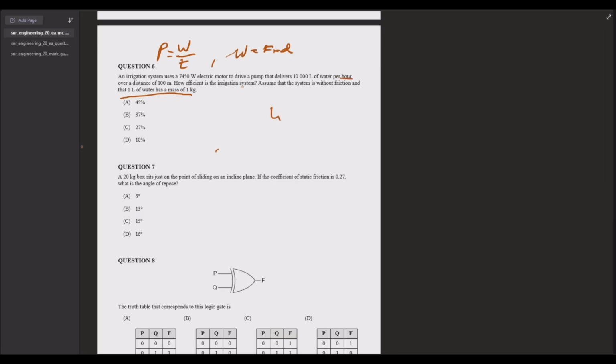So if we do work equals force times distance, the force is going to be 10,000 kilograms times 9.8. And then we multiply that by the distance of 100 meters, which will give us a big number, 9.8 megajoules. And mega is just a million. If we assume that this system is 100% efficient, then our power is going to be work divided by time, which is just going to be